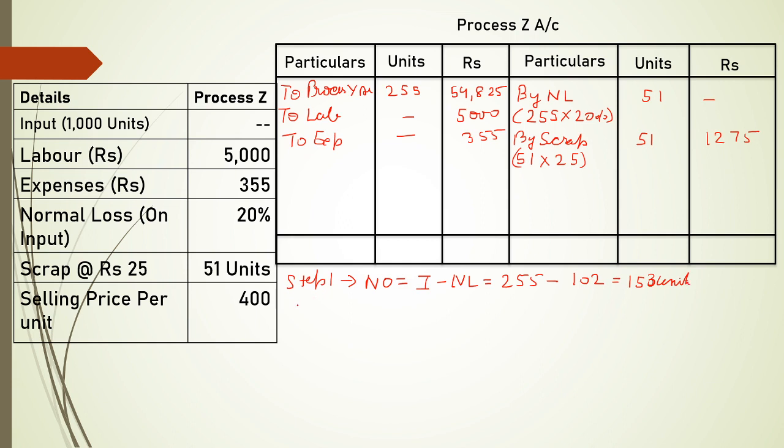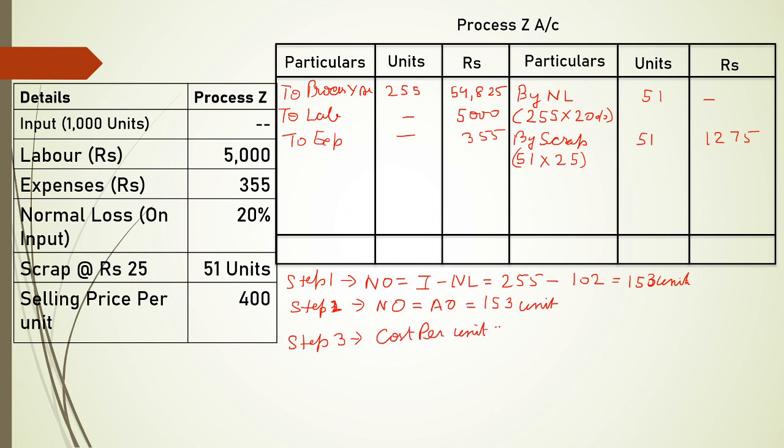In step number 2, we compare normal output with actual output. So here there is no actual output, so normal output equals actual output, which is 153 units. And in step number 3, cost per unit,